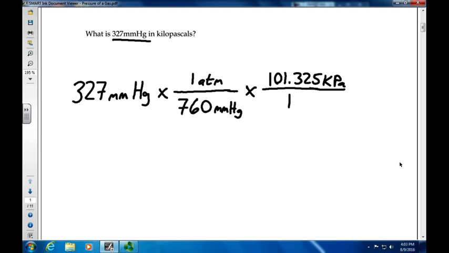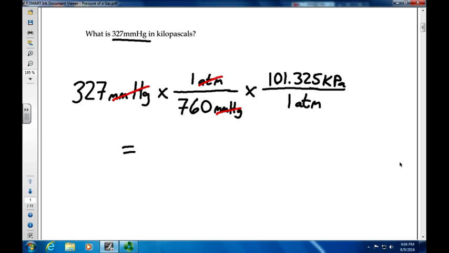Sometimes it's referred to as, for every 1 atmosphere, there's 101,325 pascals. So it's easier to keep this in kilopascals because that's what we're dealing with. And 101,325 divided by 1,000 to convert from pascals to kilopascals makes it 101.325 kilopascals. So doing the arithmetic out, you will find that our units of millimeters of mercury cancel each other